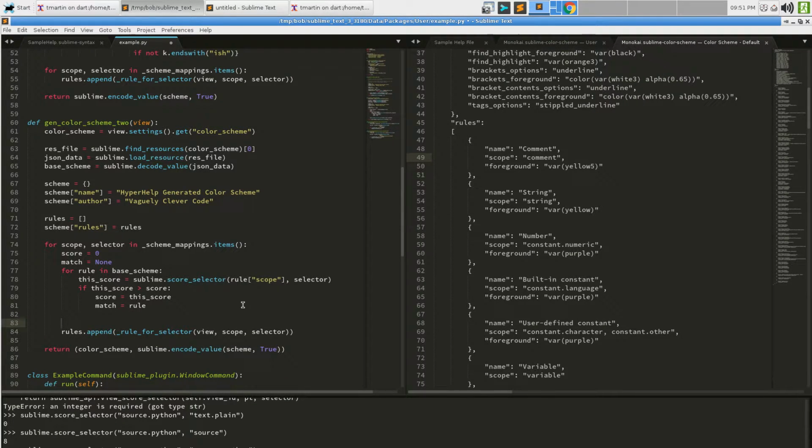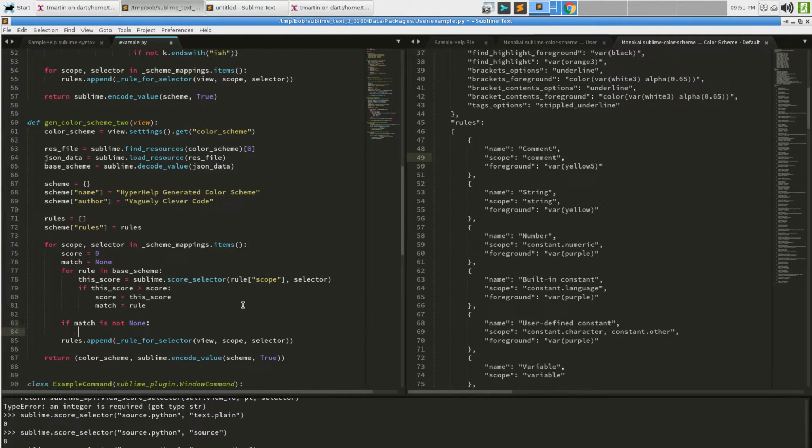Now when we get to the bottom here, if match is not none, then we found something that works. So we can say if match is not none, then what do we want to add here? We don't want to modify that rule directly because something else might refer to it. So we might say, new rule is equal to